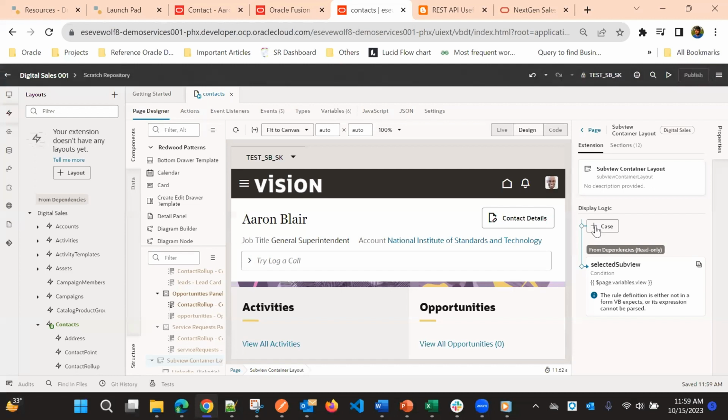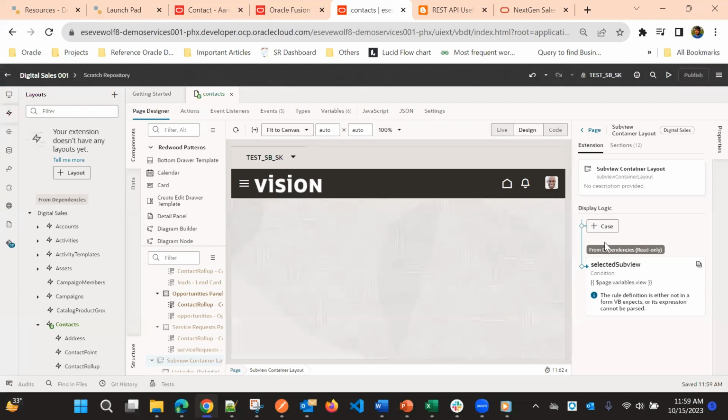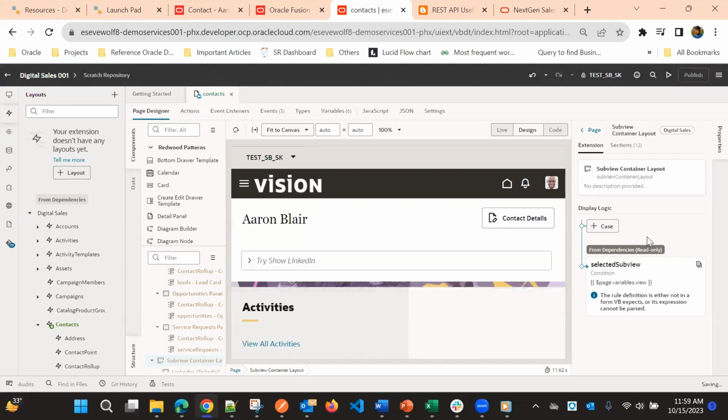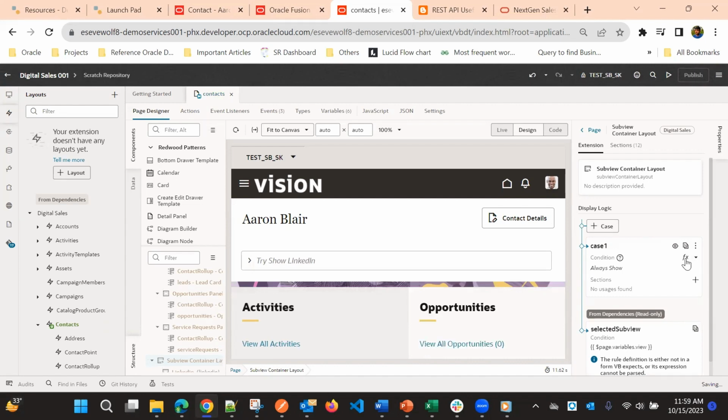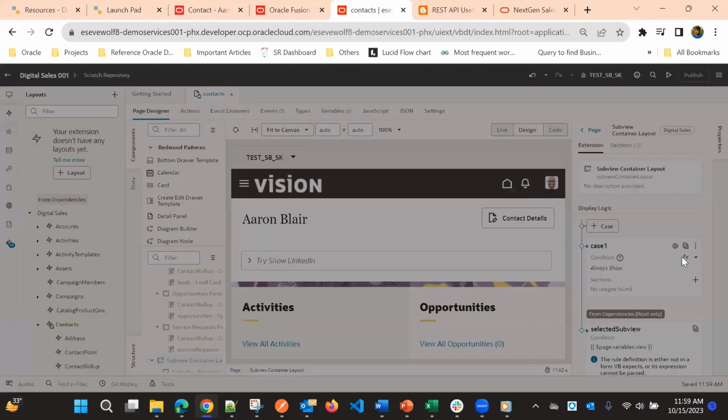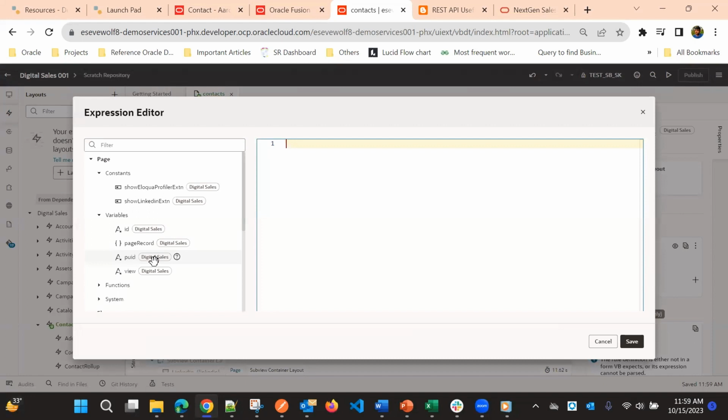So we just need to create a new case. Okay. And the condition will be the view. Double click on this view from under variables. So if this view is equal to,